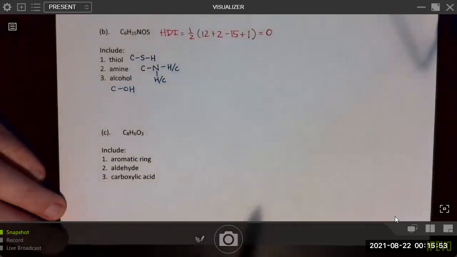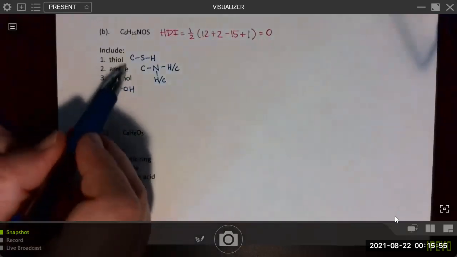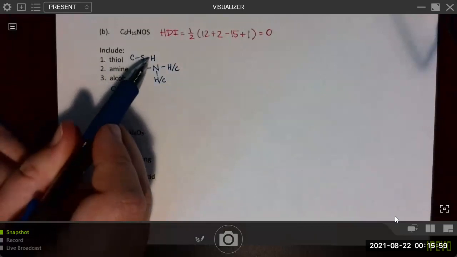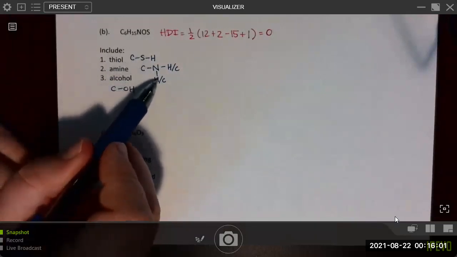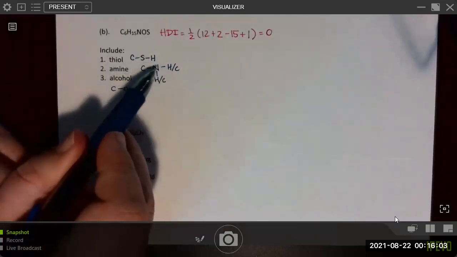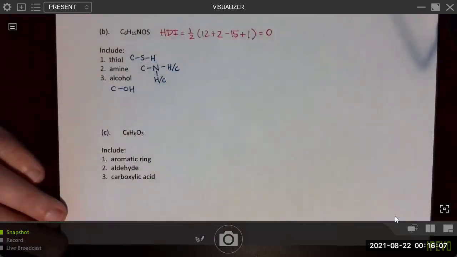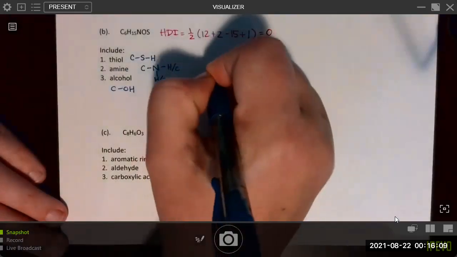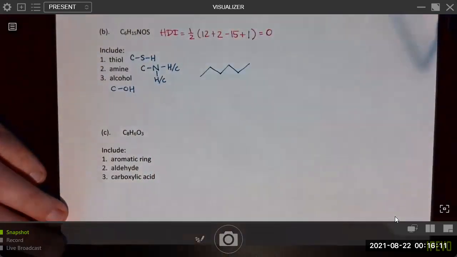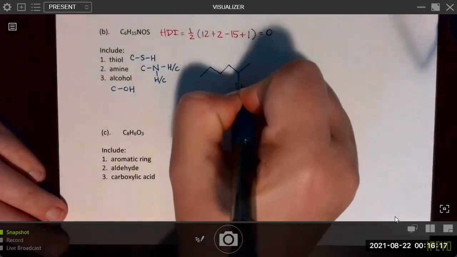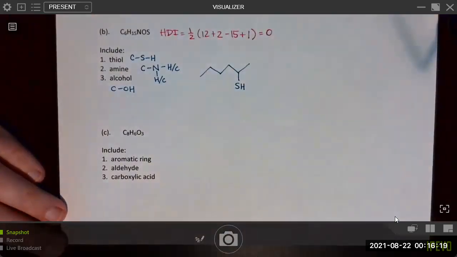And the easiest way, we don't have any ether, right, which would sort of break up the carbon chain. All of these, it looks like, could come at the end. The nitrogen is the only one that could come in between. We'll draw a few possible structures. We could have 6 carbons in a row, right? And then let's say on one carbon, we have the SH group, and that will give us our thiol.